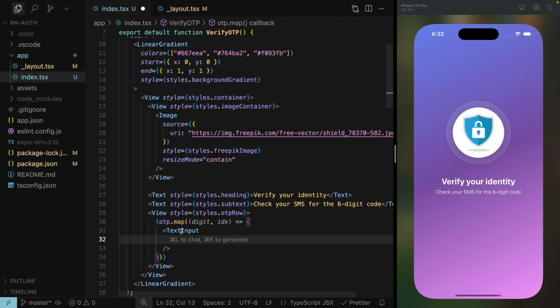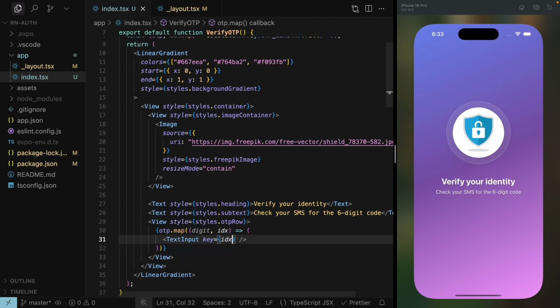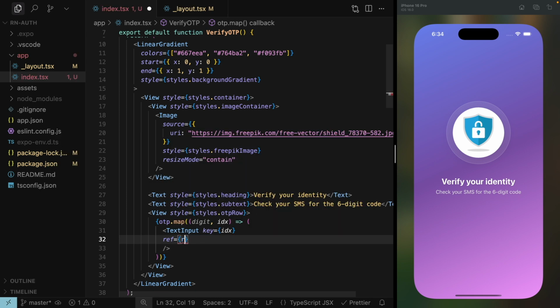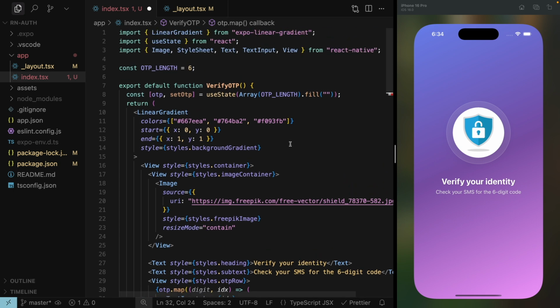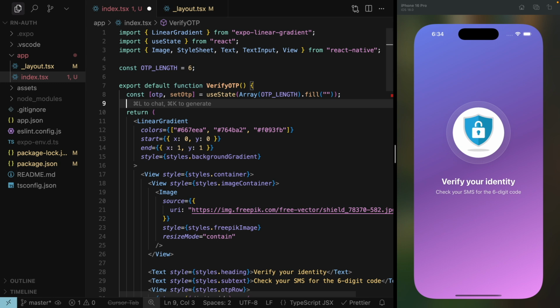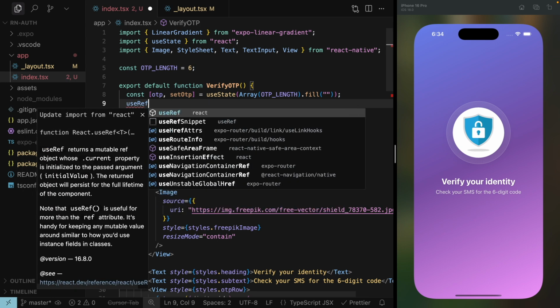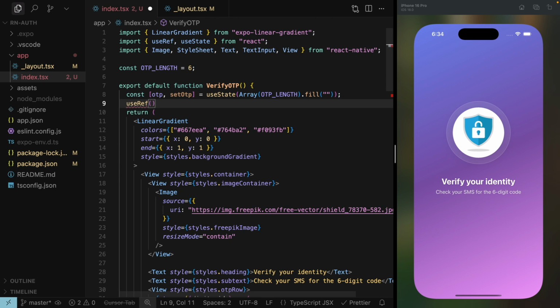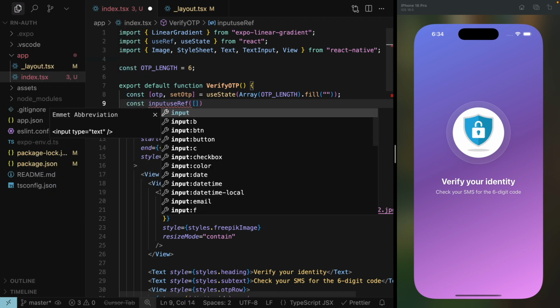So first, as we are using it inside map and we are going to create multiple text inputs, we will provide key first. Key would be IDX, save it. Next property is ref. So we will say ref. Before moving forward, we have to create a ref over here. So for that, I'm going to use ref hook from React, and inside here I'm going to pass an empty array, and I will name it inputs,